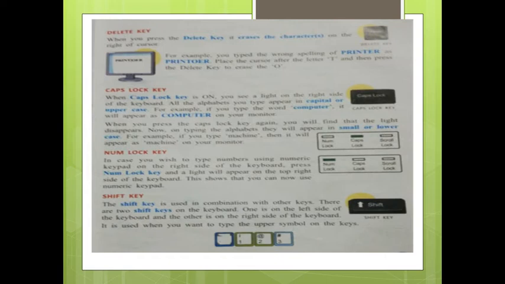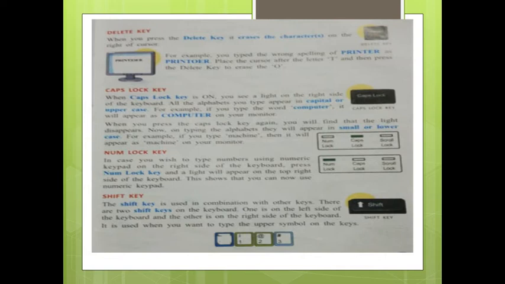Okay dear all. When you press the caps lock key again, you will find that the light disappears. Now on typing, the alphabets will appear in small or lowercase. Capital means uppercase, small means lowercase.